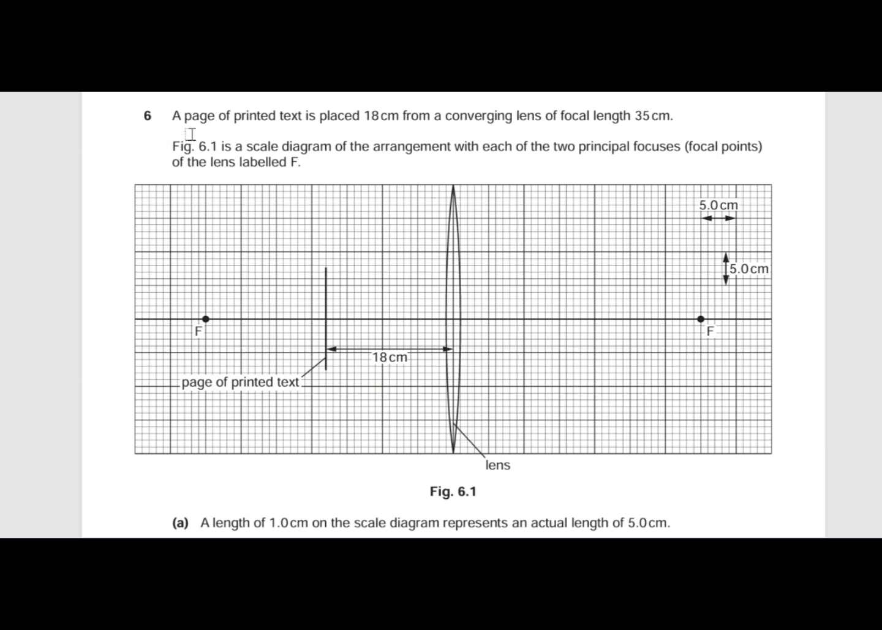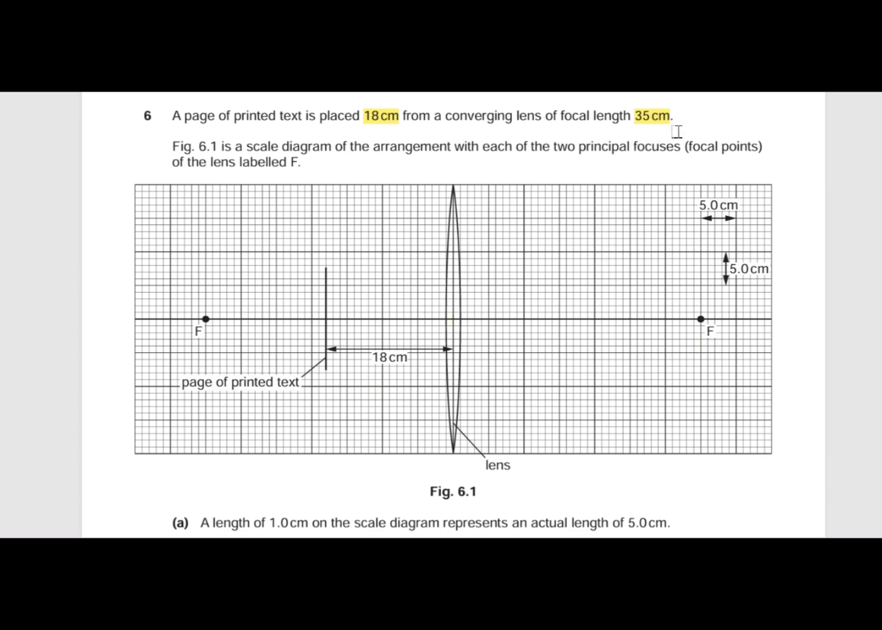Question number 6 says a page of printed text is 18 centimeter from a converging lens of focal length 35 centimeter. Figure 6.1 is a scale diagram of the arrangement with each of the two principal focus of the lens labeled as f. So here we have a lens. A printed page is placed 18 centimeter in front of the lens, and the focal points are 35 centimeter away from